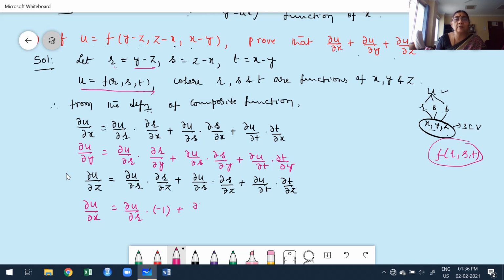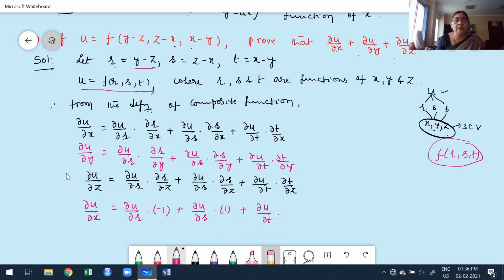And then plus ∂U/∂S into, again I retain ∂U/∂S as itself because they just gave U as a function of R, S, T. What is S actually? Z minus X. With respect to Z, only Z varies, 1 minus 0. What we get? 1. And then ∂U/∂T into T,